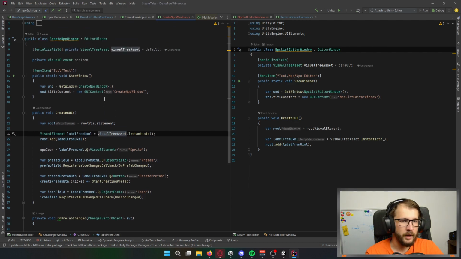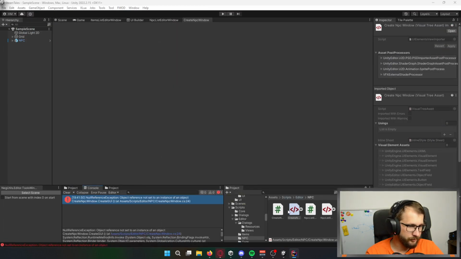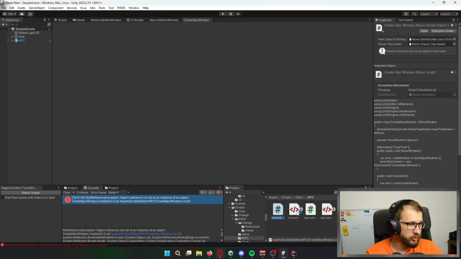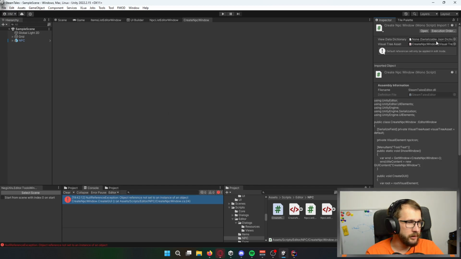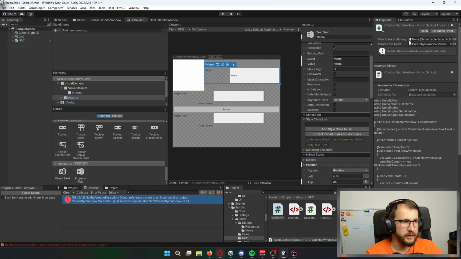So right. This visual tree asset is not attached here. So the view cannot be created, basically. It has to have this attached to the script that is the editor window.